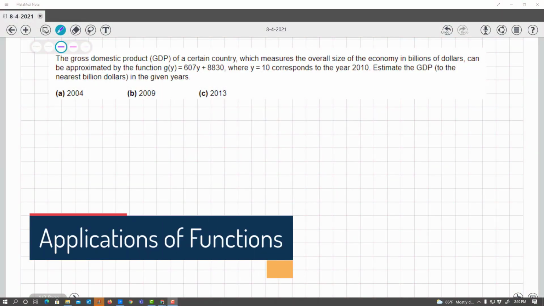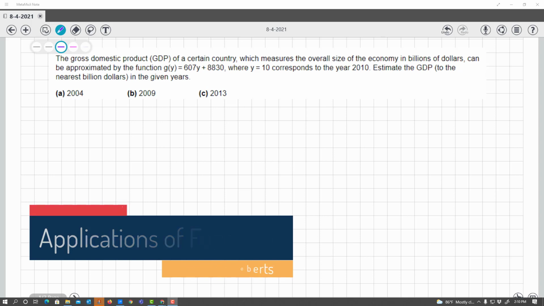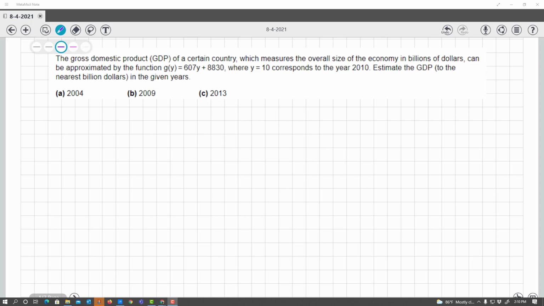Application. Who uses this stuff? So the gross domestic product, GDP, of a certain country, which measures the overall size of the economy in billions of dollars, can be approximated by this function. So they give us this function, g of y equals